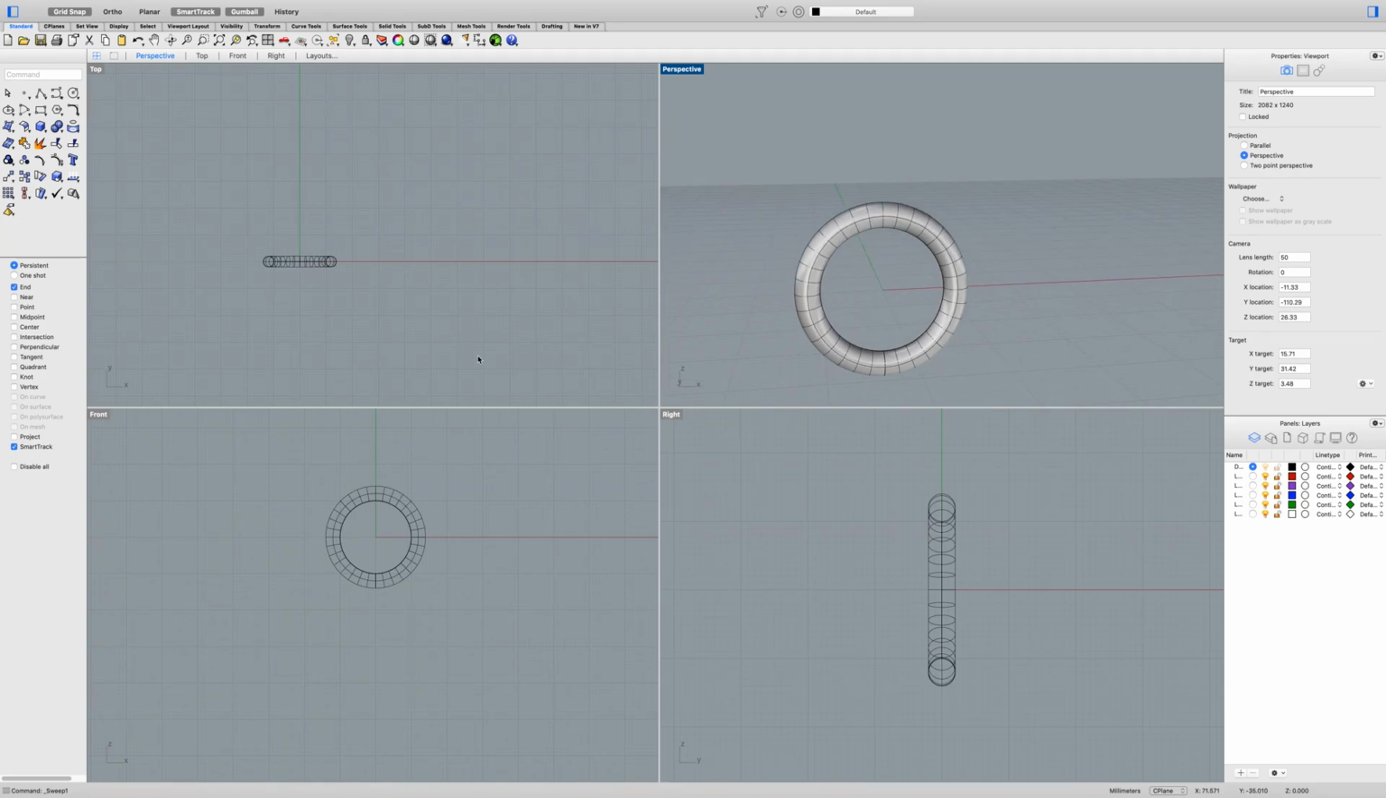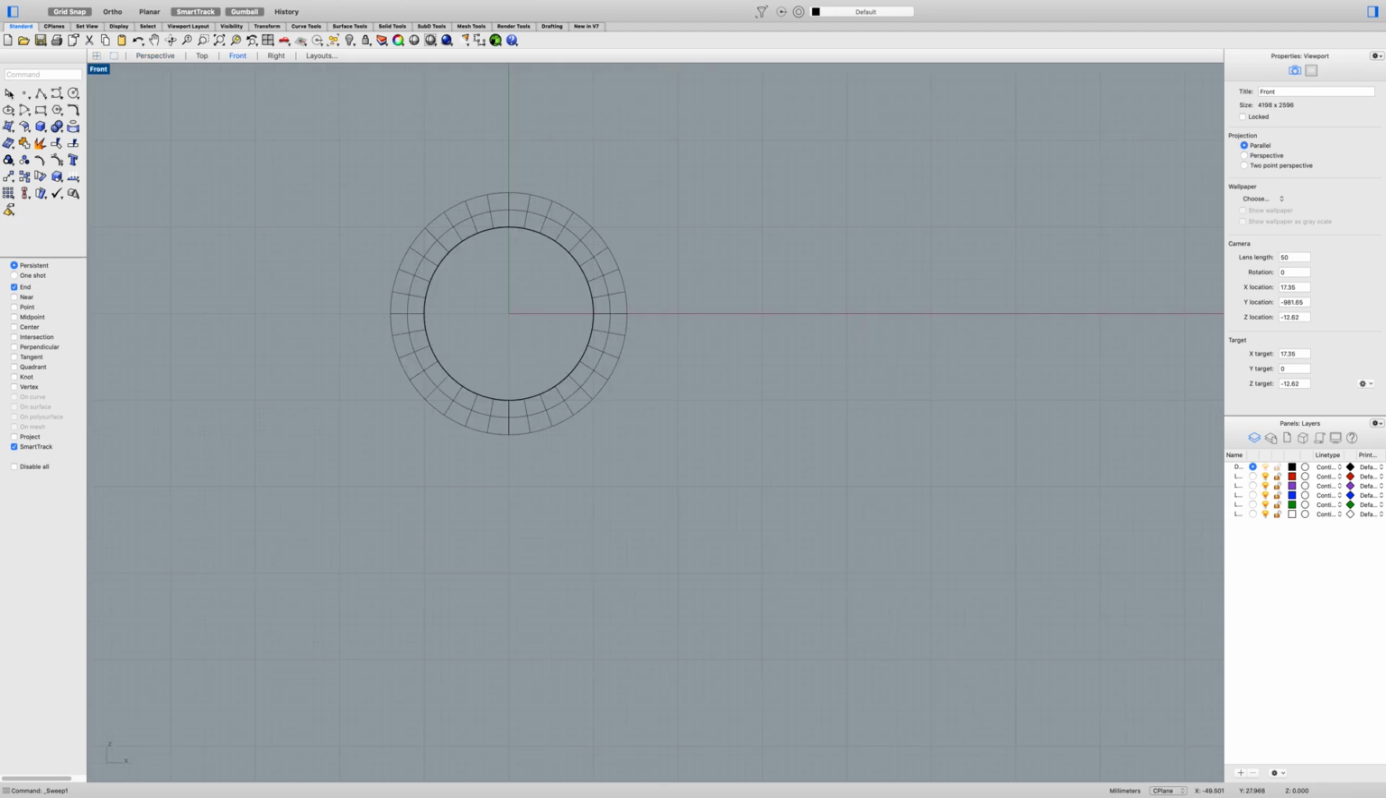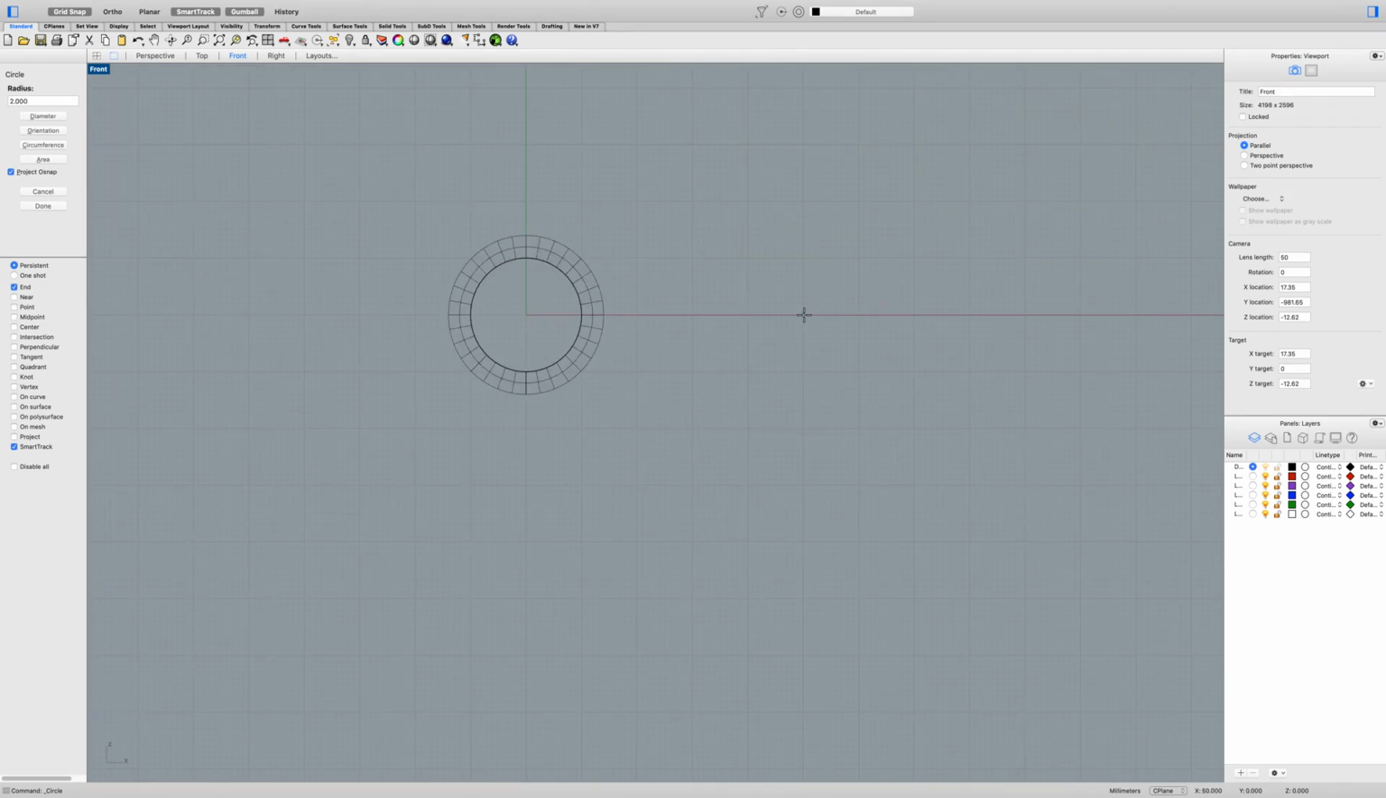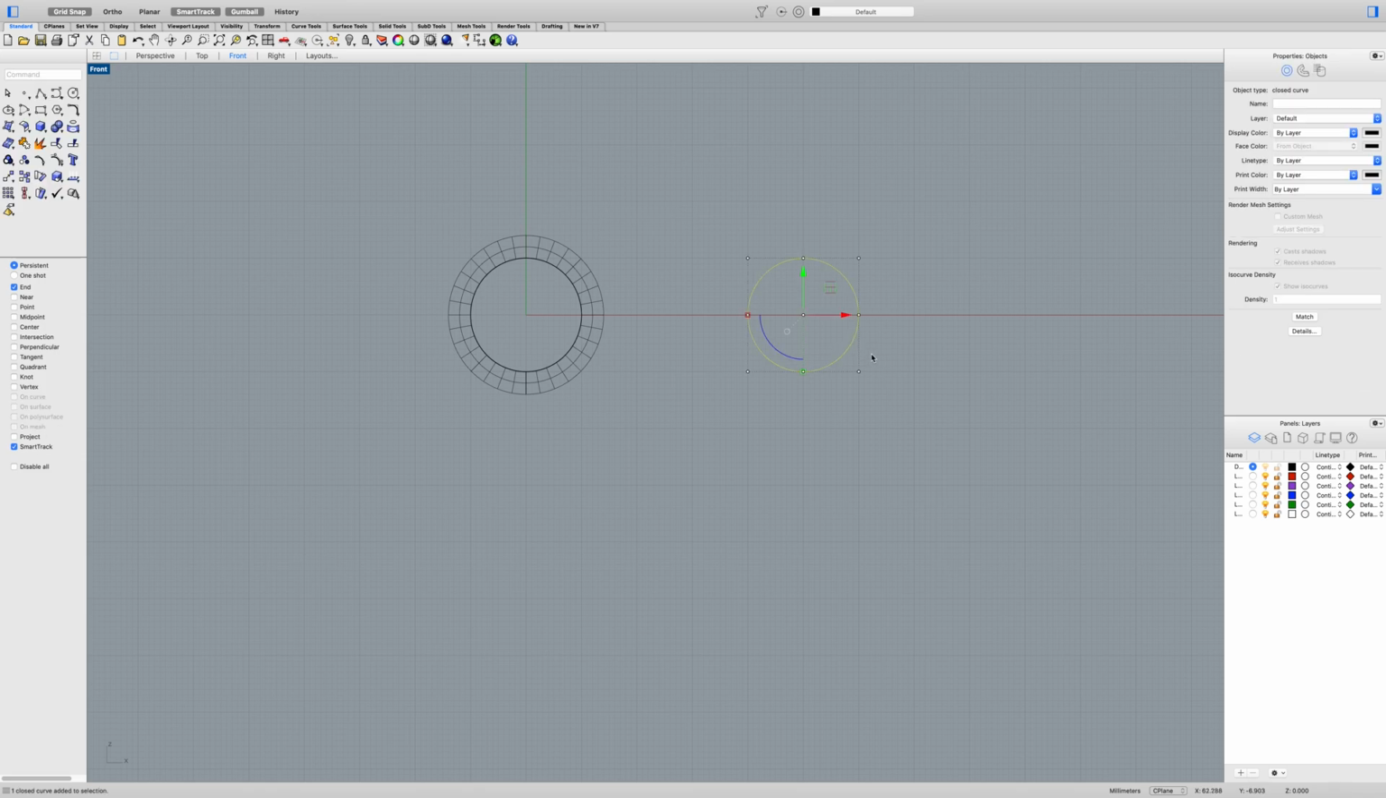Now we're going to go to our front view, make that bigger. We're going to make another circle a little bit down the road here. Let's make it 10 again. Then we're going to copy and paste that. And